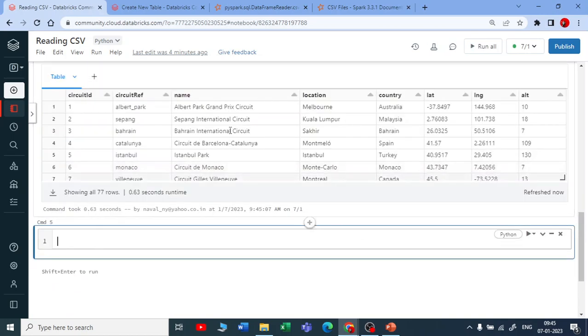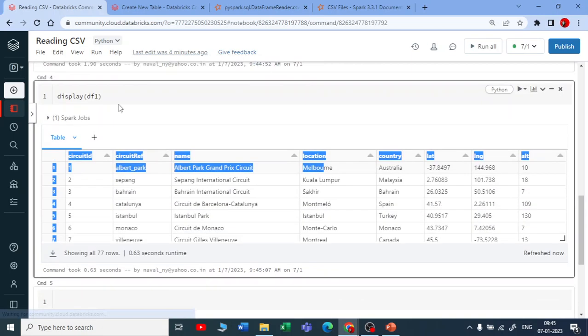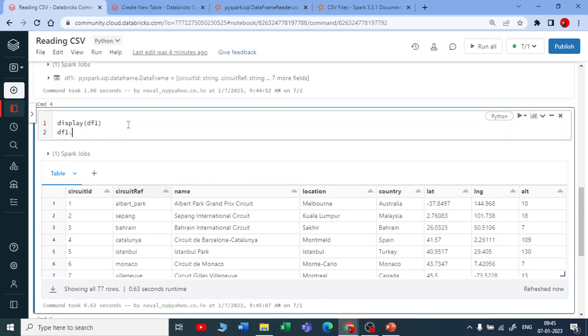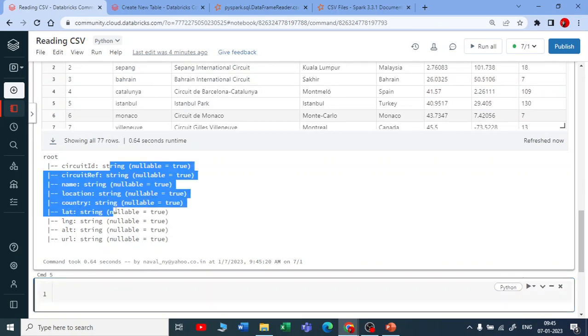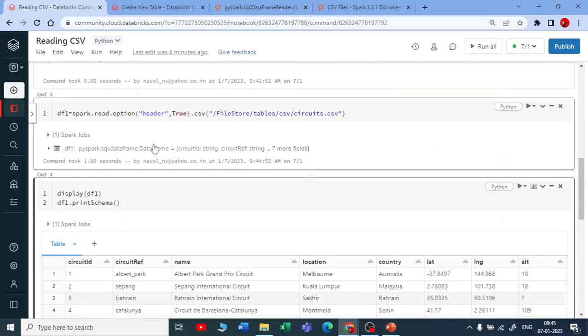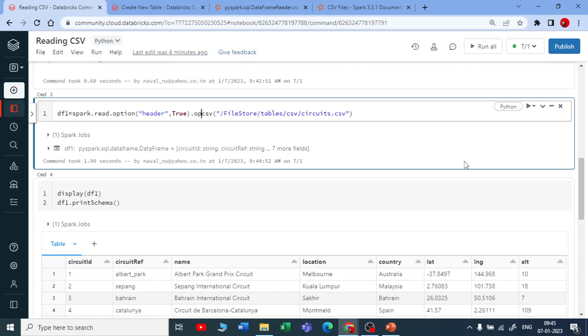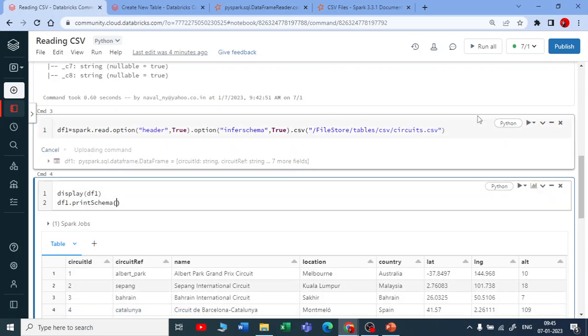So you can see you got now correct headers. But if you look at the data schema, like printSchema, I mean the data types of each column, definitely all will be a string. All will be a string. You can see because we haven't inferred any schema. So for now, let me use option and say that your infer schema is also true. Infer schema means it will detect the column's data type and it will print it for you. Let me execute this,